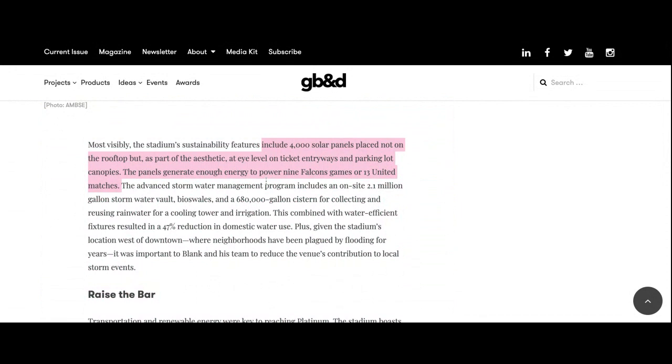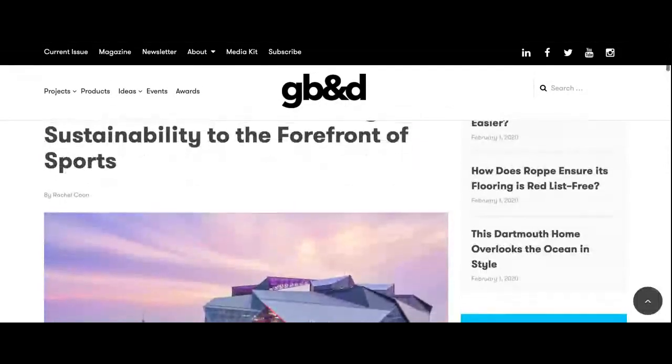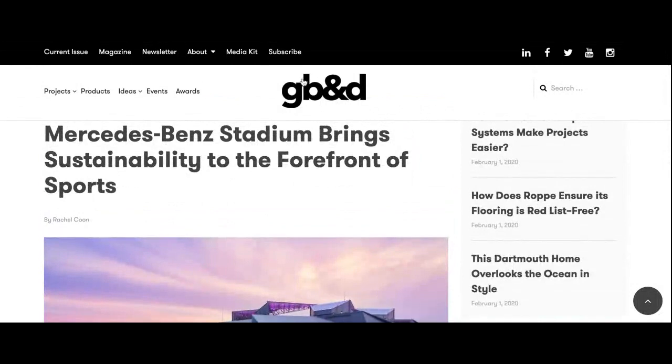So that's really important because one of my issues in my essay is how are these stadiums using non-renewable sources? Well, here's one stadium that is changing that game, no pun intended, by using solar energy and being able to power the entire stadium for 13 matches through the use of solar power. So I really wanted to keep this one, and I'm going to use this one for my essay because it's perfect. It's a credible site, right? It's a journal all about global design and sports. It's recent, right? It was just released in 2017, so it's in the five-year period.